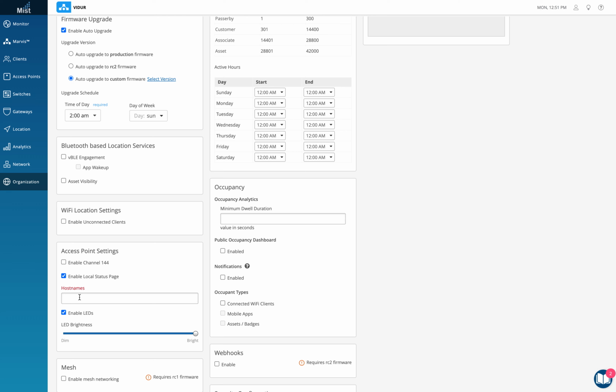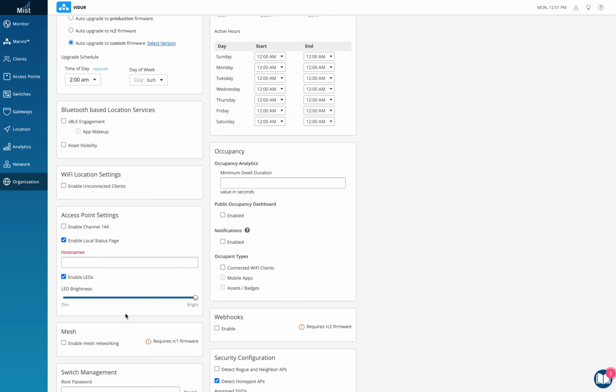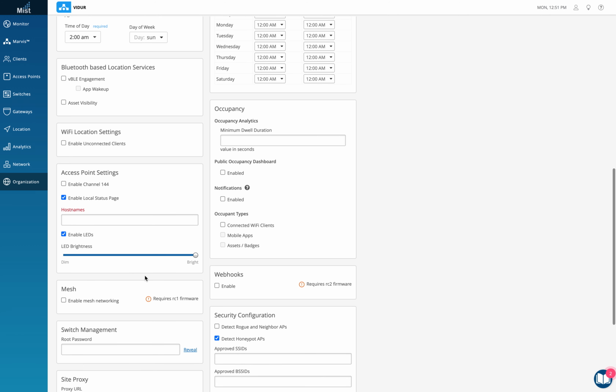For this to happen, the AP will pick an IP address for each WLAN that is present. So you need to make sure you have a DHCP pool designed as per that. And of course, enable LEDs is something which I want to do. I like to look at the LEDs when the AP is mounted or connected.